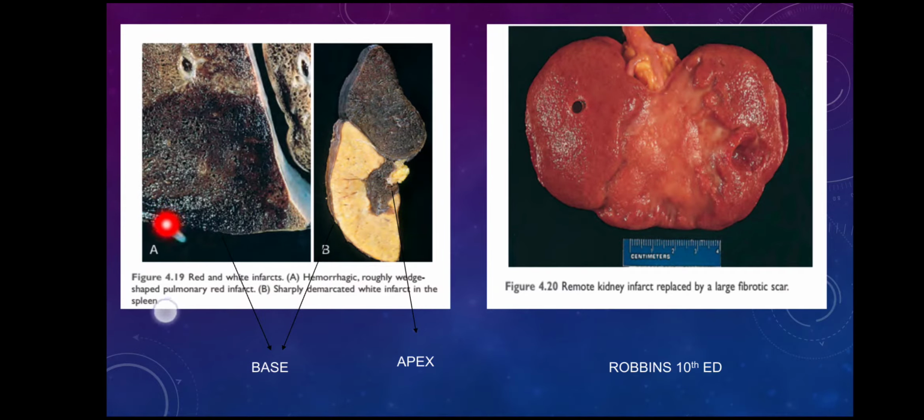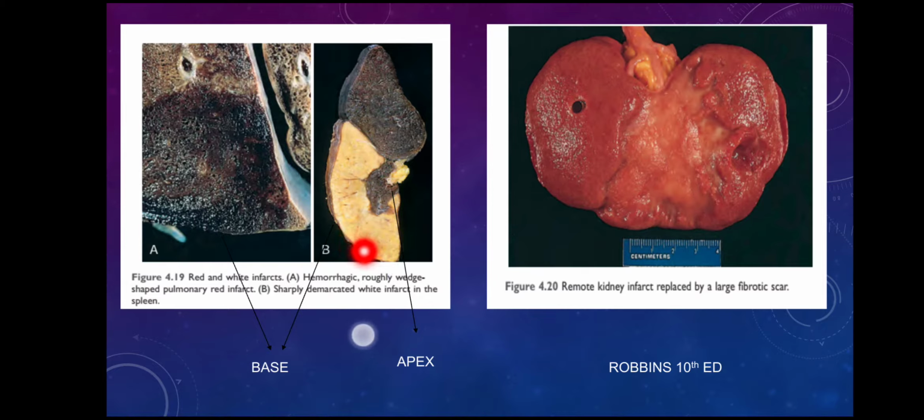So this is the hemorrhagic infarct in the lung, and you can also see the brownish areas, which are formed because since there is hemorrhage, there are more hemosiderin laden macrophages in this lesion, leading to this brownish color. And this is the white infarct, and this is a spleen in which there is obstruction of the splenic artery leading to this wedge-shaped pale infarct or white infarct. So you can see the difference between these two gross specimens, that here the margins are very well defined.